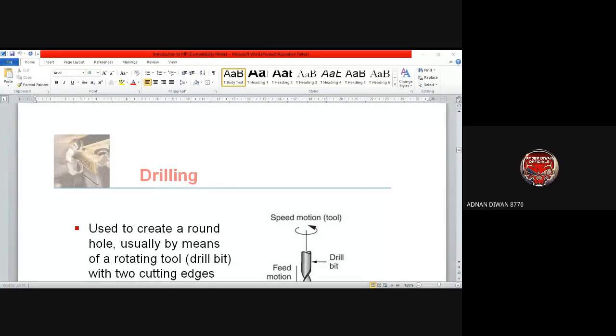Sir, knurling is also chipless, right? Knurling is chipless. There are no chips. Correct. Very good. You know stamping, in the press. So that is again chipless. Rolling is chipless. Wire drawing is a chipless process. No chips are produced.